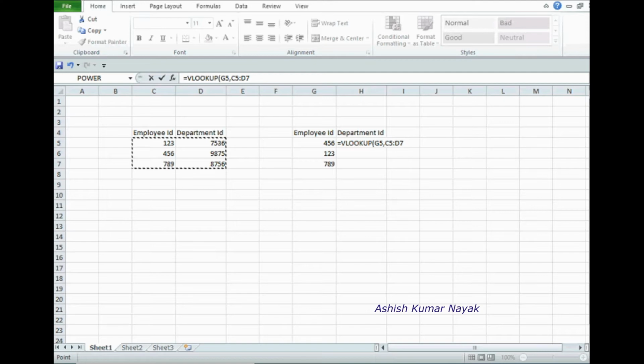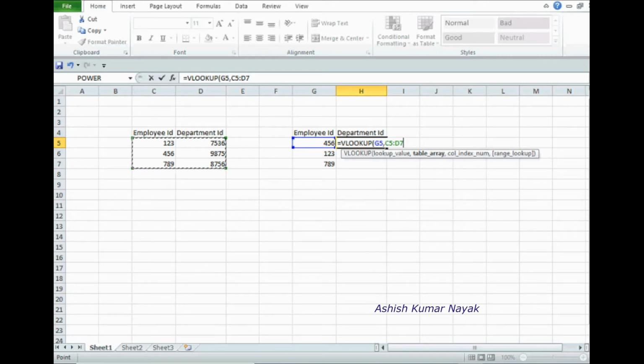So we want to compare the employee ID value in the second table with the employee ID value in the first table and extract the corresponding department ID.